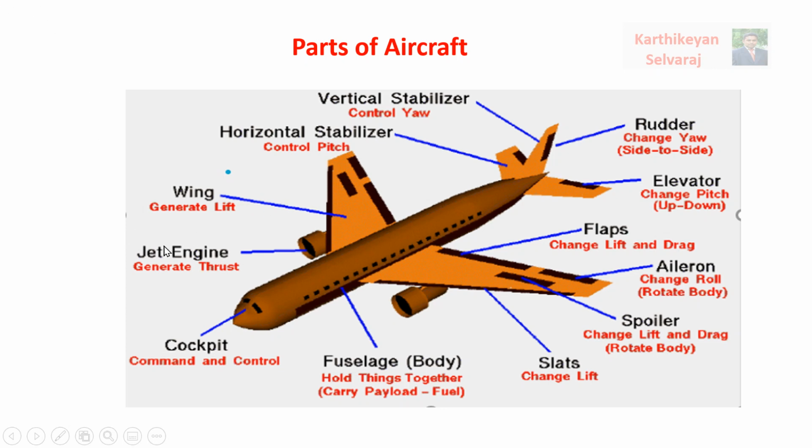The first part you can call a cockpit, where the pilot or co-pilot will be sitting, and they can give the commands or control the overall system of the aircraft. And this is the fuselage. Here you can say it is the main body of the aircraft. Depending upon the purpose of the aircraft, the inside occupancy will differ. For example, if it is a passenger aircraft, passengers will occupy it. If it is a cargo aircraft, goods will occupy it. So depending upon the purpose, the function of the fuselage also will differ.